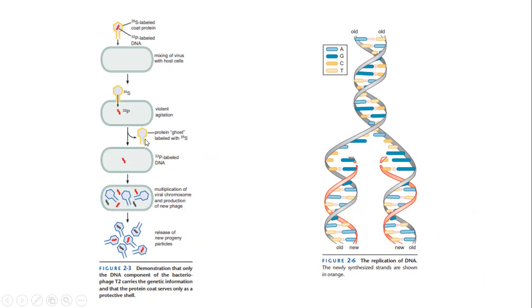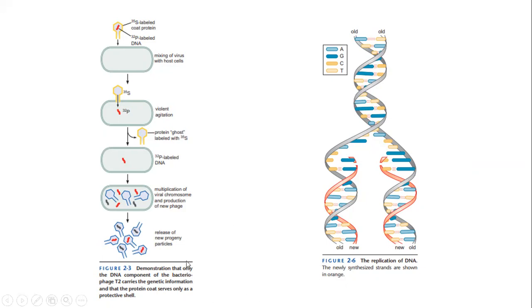protein ghost, that is the protein coat that remains after the release of nucleic acid into the cell of the host. This P32 labeled nucleic acid only reaches inside the cell. Okay, so that is what they have seen, that they could notice that much of the parental nucleic acid and none of the parental protein inside the progeny